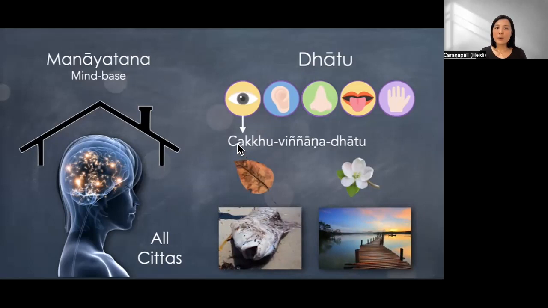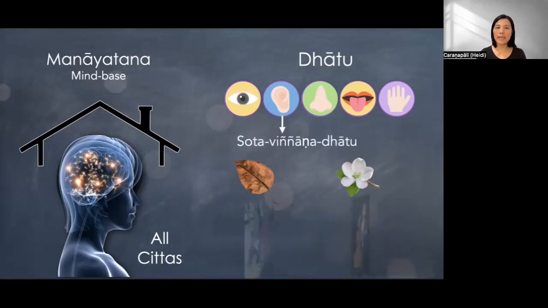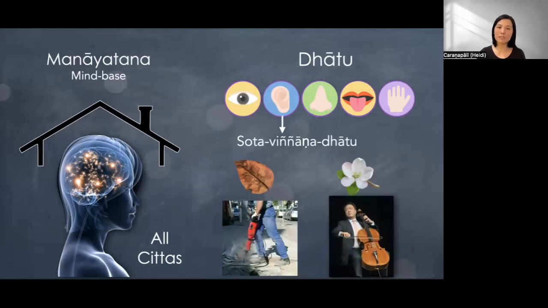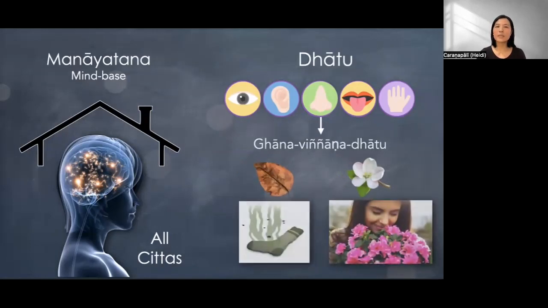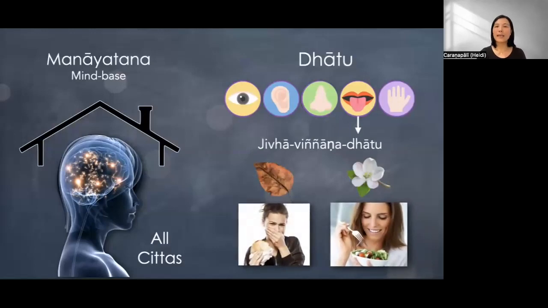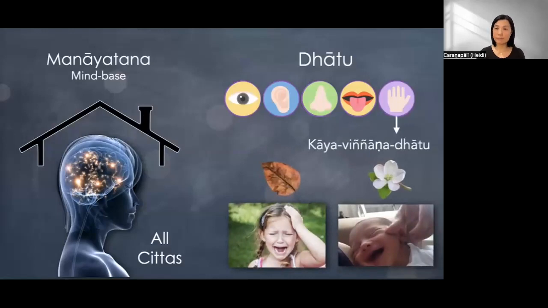In the same way, when we talk about Chakku Vijnana Dhātu, we have 2 chittas. In the same way, for Sota Vijnana also, we have 2, one unwholesome resultant and one wholesome resultant, right? And then the same way for nose consciousness, also 2 of them. Then tongue consciousness, also 2 of them. And body consciousness, also 2 of them, when we have desirable pleasant touch or unpleasant touch, yeah? Okay, so remember, these 5 sense consciousness elements are always pairs. So we have here altogether 10 chittas included, no? Okay, now,